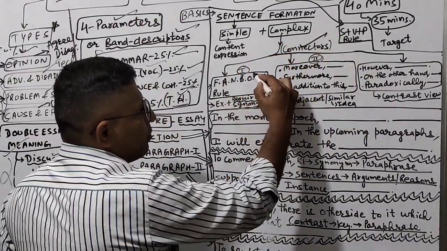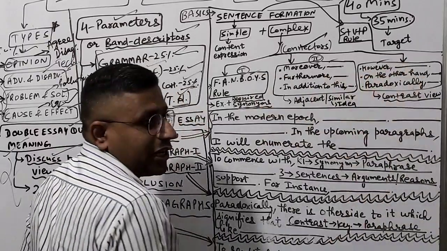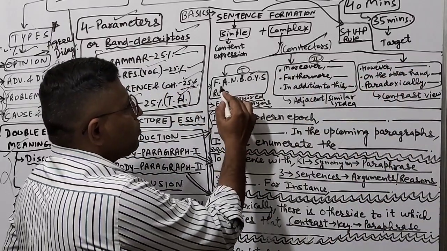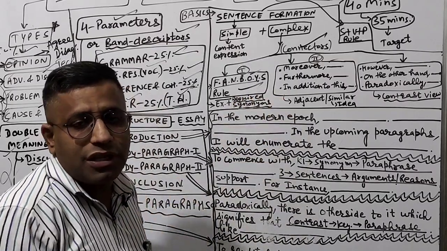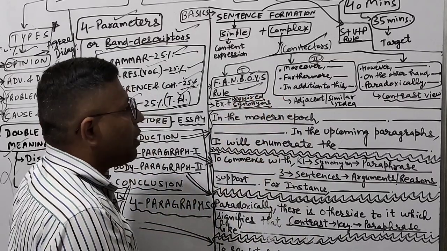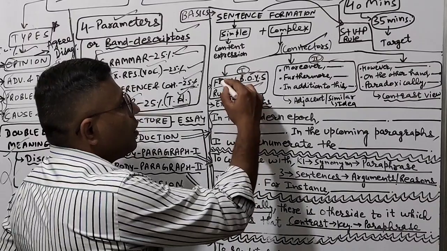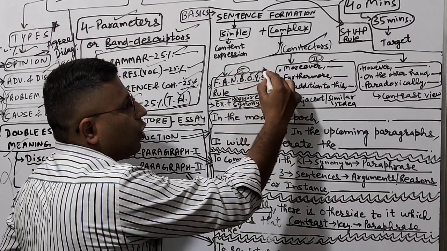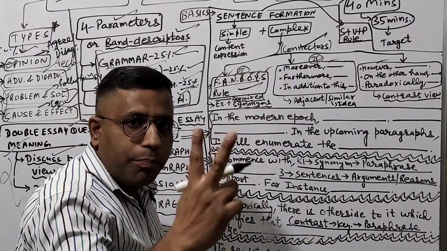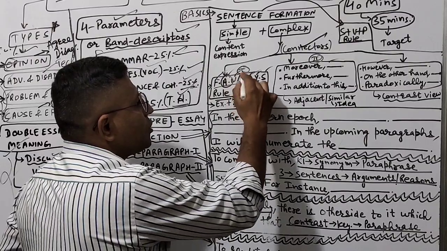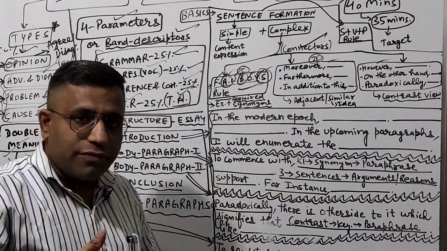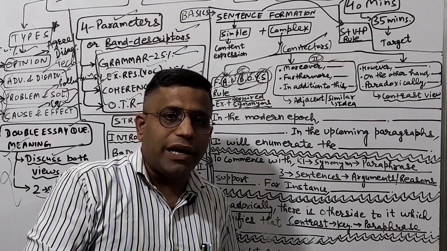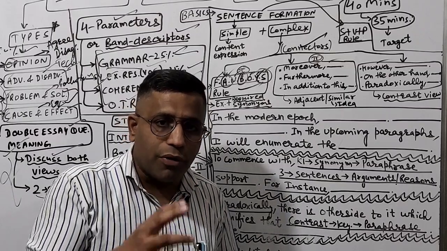So I have divided them into part 1, part 2 and part 3. So a complex sentence will have the FANBOYS rule first. What actually is the FANBOYS rule? In English we have a FANBOYS rule. FANBOYS stands for for, and, nor, but, or, yet, so. And, but, so. These are extensively used in sentence formation. Once you write, because I have just now explained one small paragraph about Chandigarh.